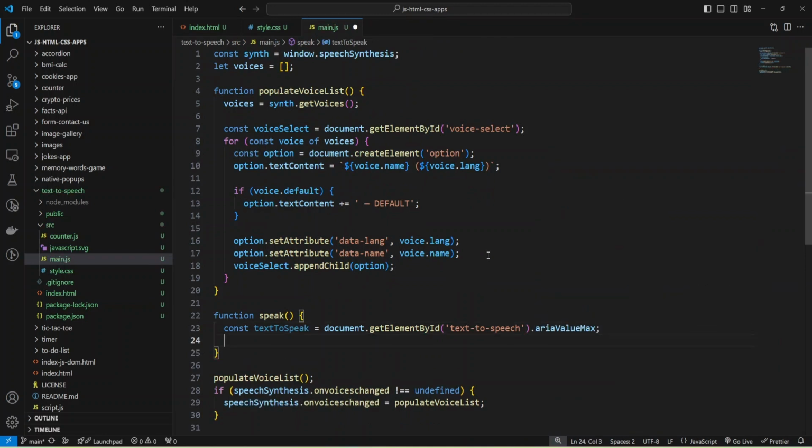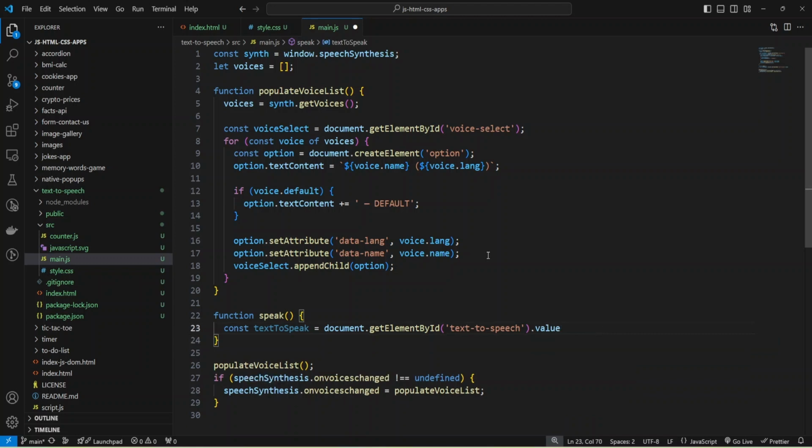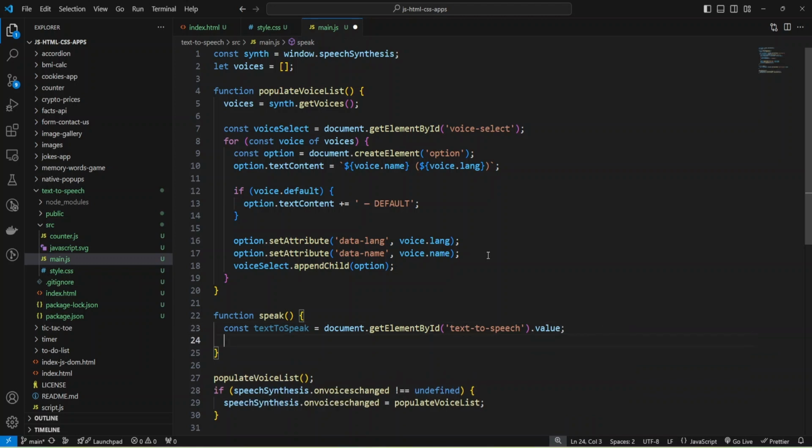Okay, I need just the value, and let's do console.log and check our value. Value equals text to speak.